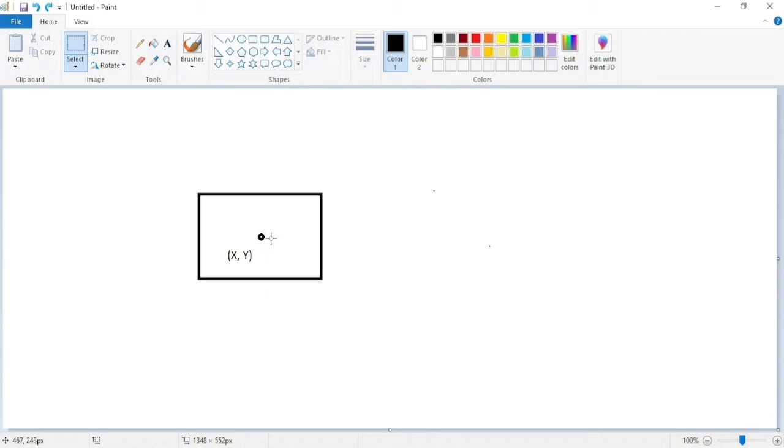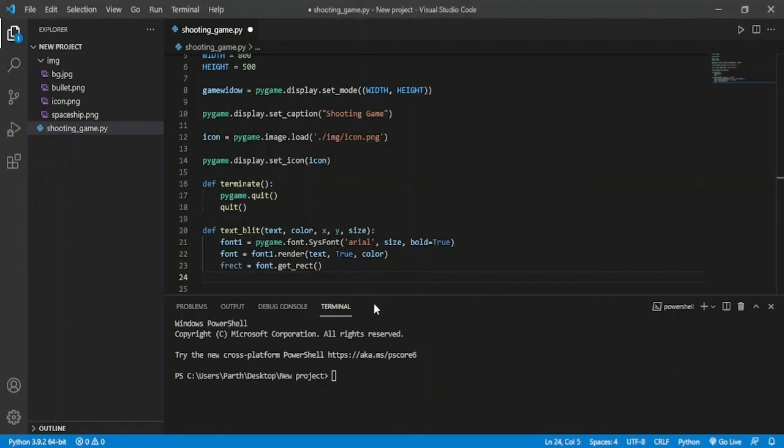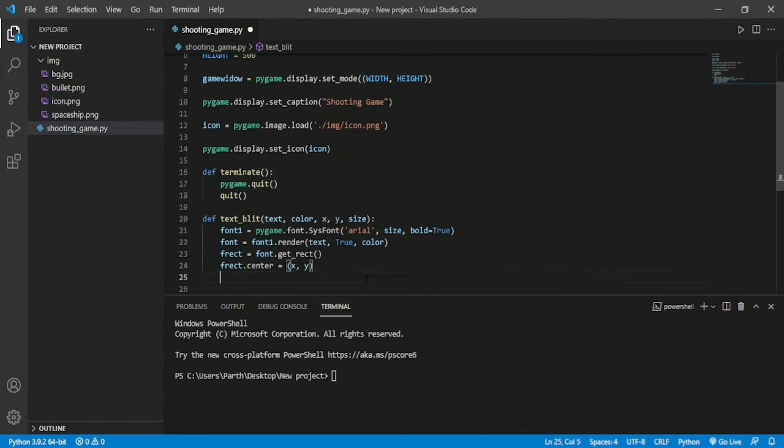So we are going to pass x and y to the center of the rectangle. For that we need to write code like this: frect.center is equal to x and y in a parenthesis.